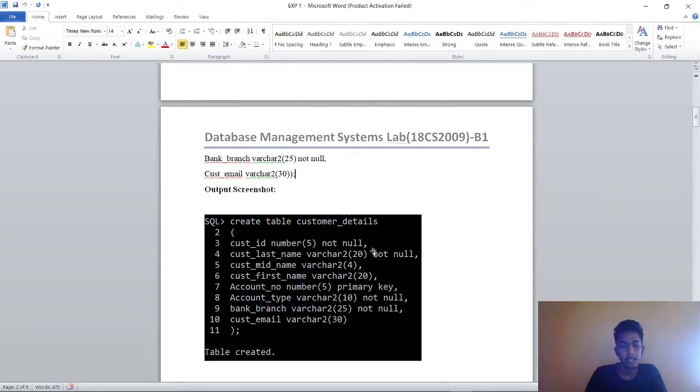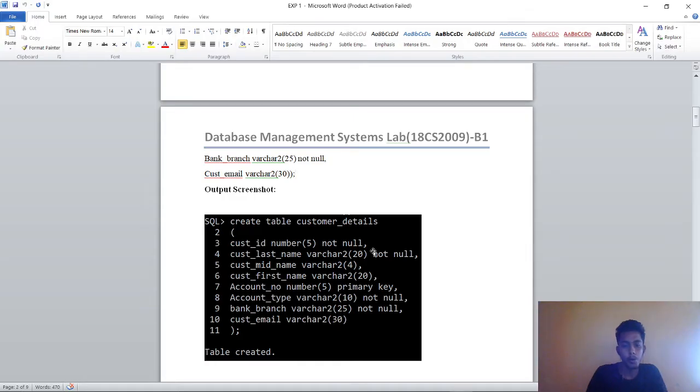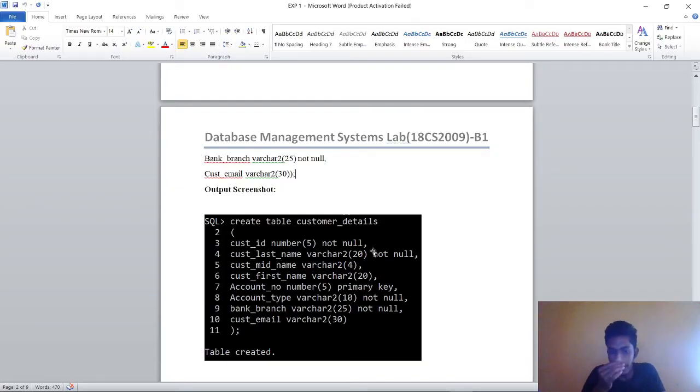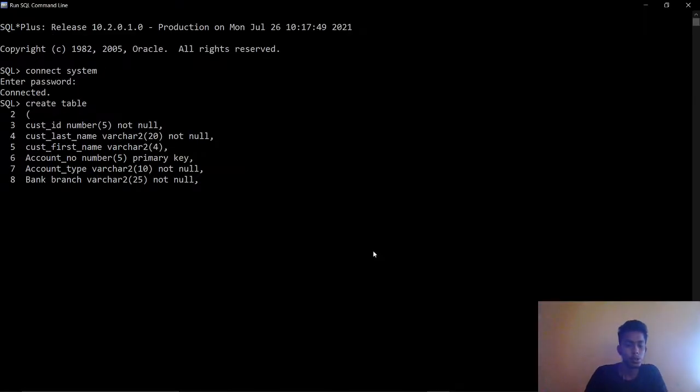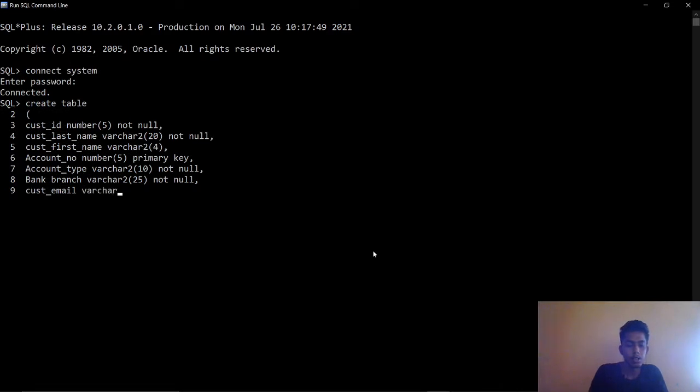Bank branch is varchar2 of length 25 and it is set to be not null. Then customer email ID, that is customer email of varchar2 of length 30.